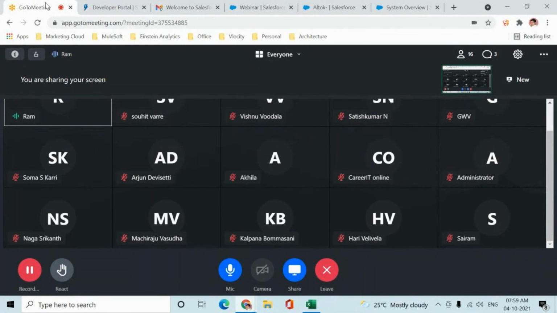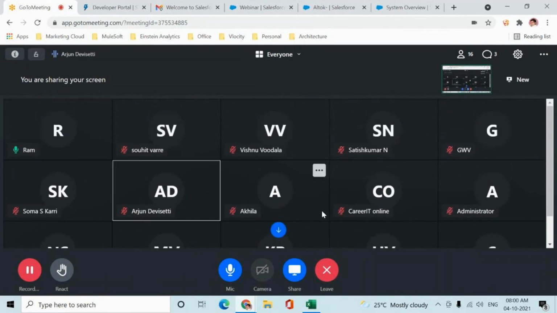We'll build the automations, and then we'll come back here to the system, and maybe after 2 weeks or so, I won't have to tell you. You will say, okay Ram, this feature has been used at this particular point of time, and that is where these numbers are coming. Okay, so that is my intention. That is why I said let's go with the custom application first, and then we'll go with the standard applications after 2 weeks. Any questions, anyone?